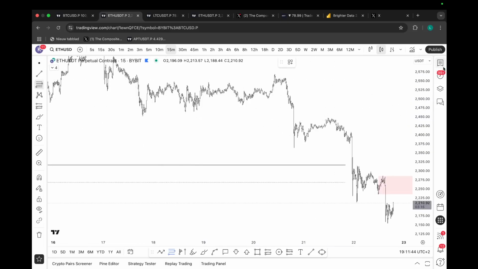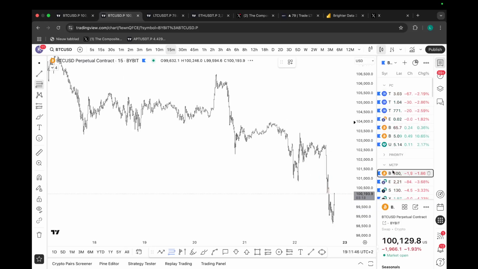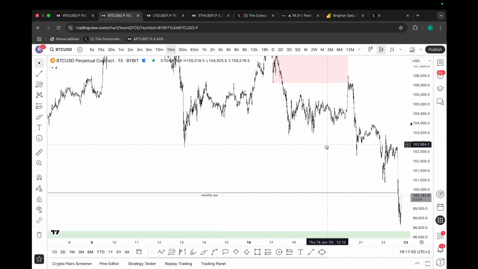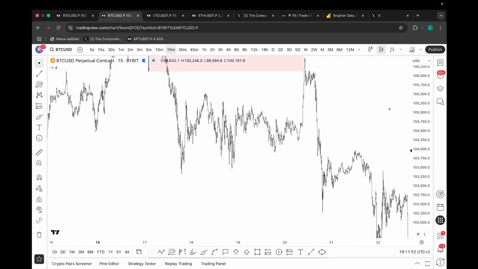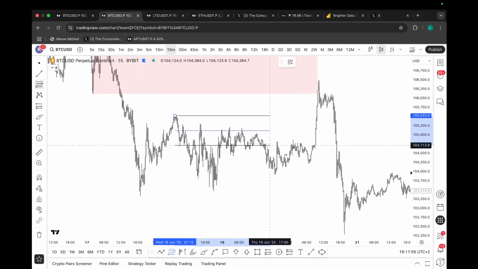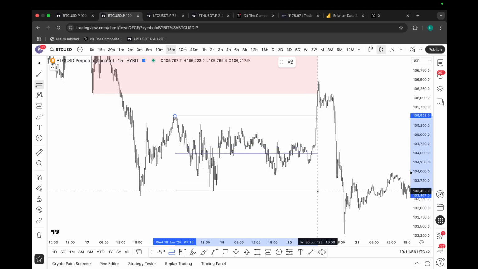The bias on Bitcoin was simply to go lower. That was the plan, okay? We wanted to go lower because you were building a lot of sell-side liquidity below. Now, at the same time that we were looking for the short, we